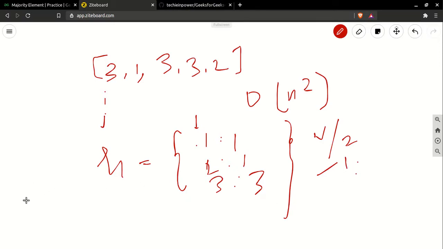But then the catch with hash map is, however we are iterating through the array only once, it's going to give you a time complexity of big of n, but then the space complexity is also going to be big of n, since we are actually storing a hash map in memory. So what's the alternative to solve this question in big of n time complexity and then in big of 1